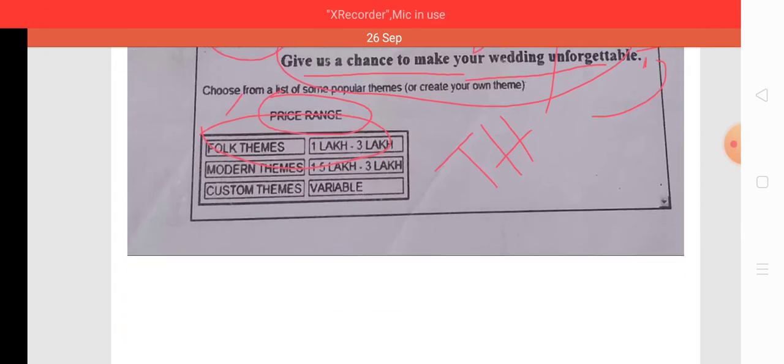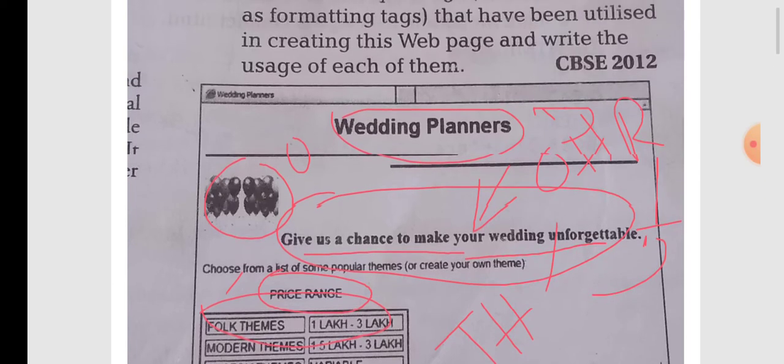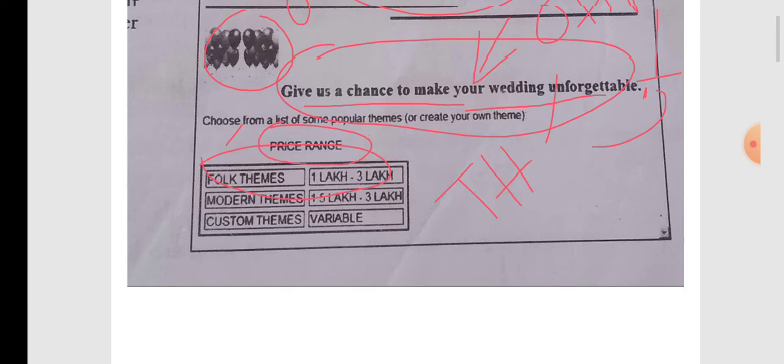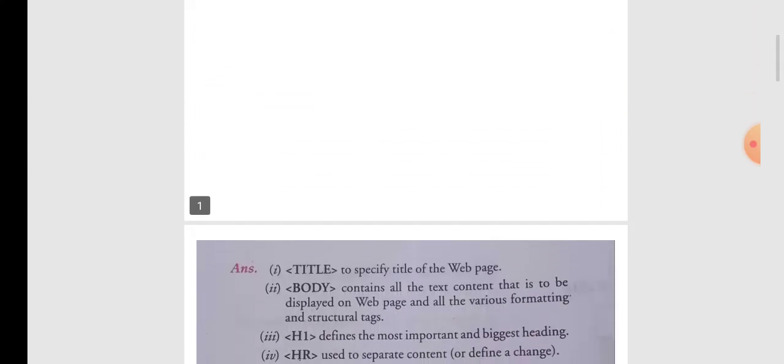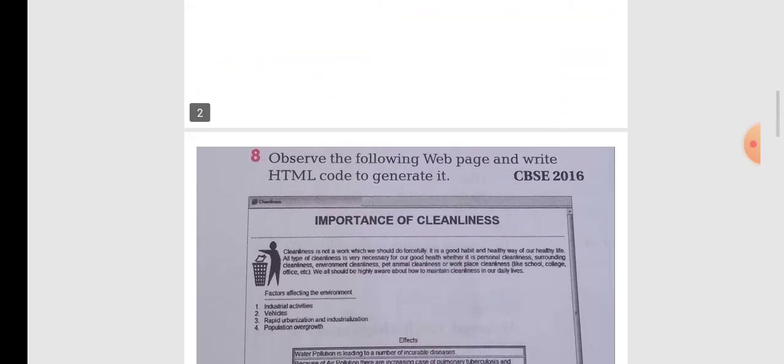So in 2012 it was asked. The question will be changed, but the format or the type of the question will remain the same. So I hope this type of question is again asked this year for the session 2020-21. So hopefully prepare for that and practice such type of questions. That will give you good marks.